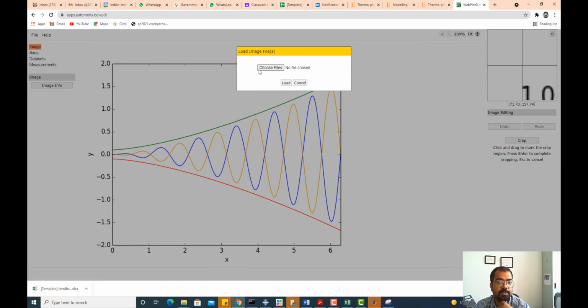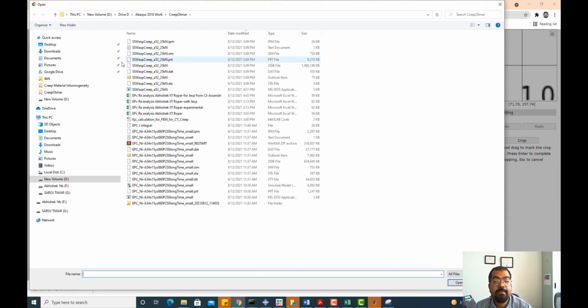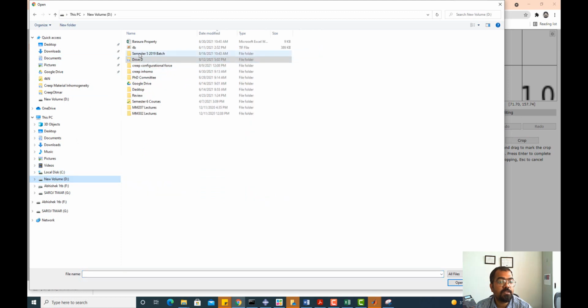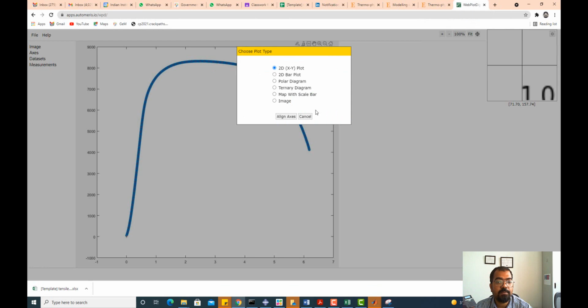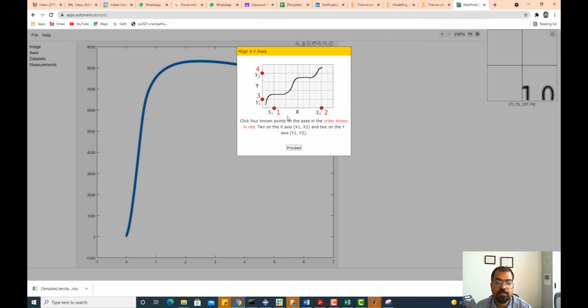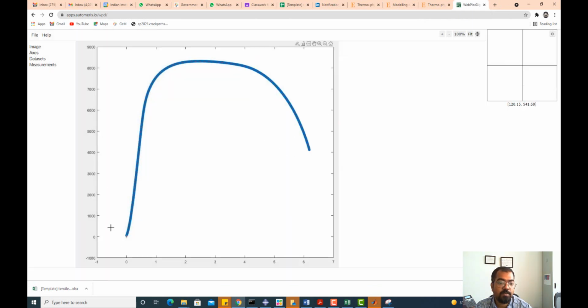File, load images, choose file, and then I go to Weaver here somewhere, and this is the image, 2D of course. So align axes, proceed, and here what I have to do is I have to choose the levels on the